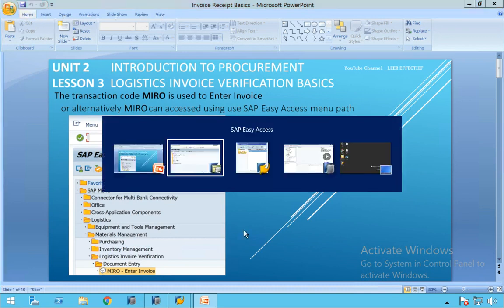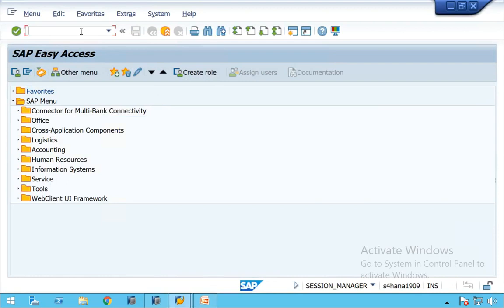We'll go here, we'll type in MIRO and press the enter key, or you can click this. We'll press the enter key. Can you see?